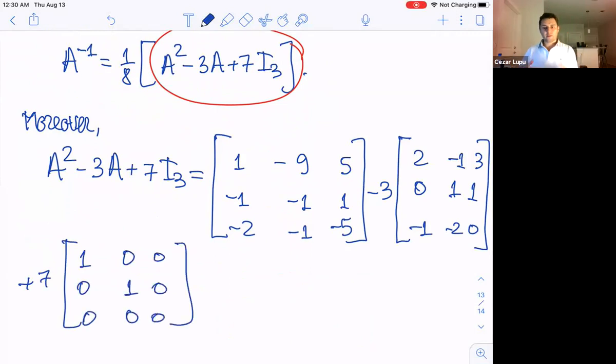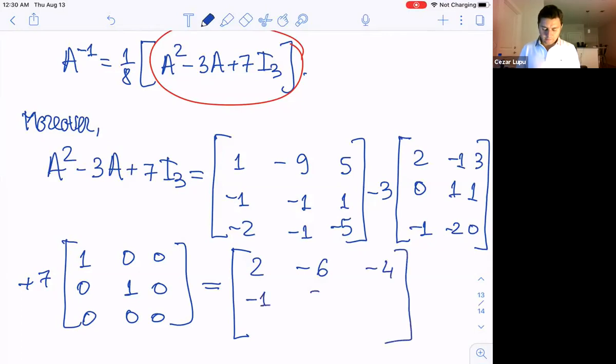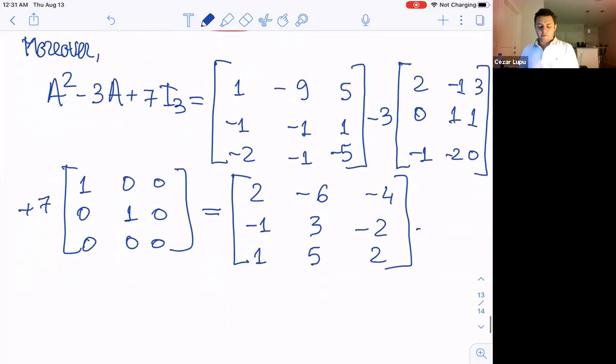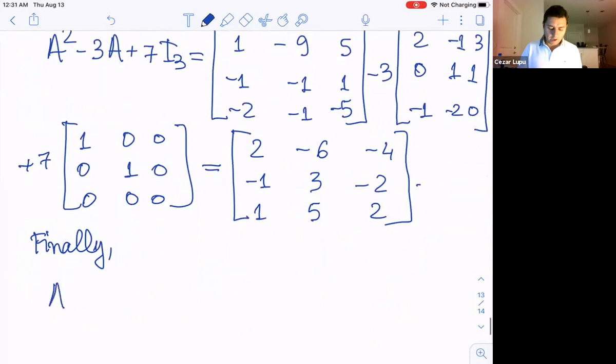And all this computation here, if you want to do it, will give us the following: 2, negative 6, negative 4, negative 1, 3, and negative 2, 1, 5, 2. Okay, great. Finally, the only thing you need to do is just multiply by 1 over 8. A inverse is nothing else than just 1 over 8 times